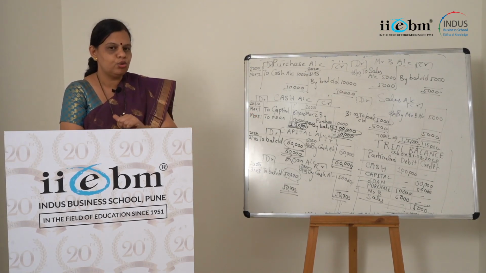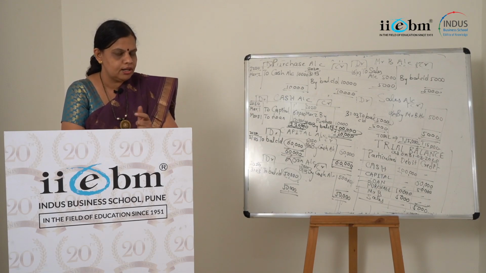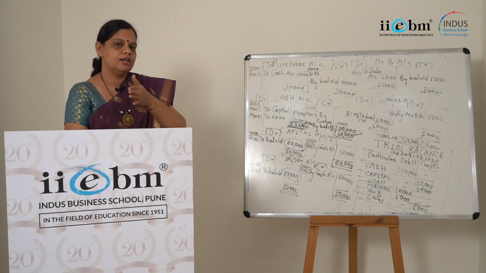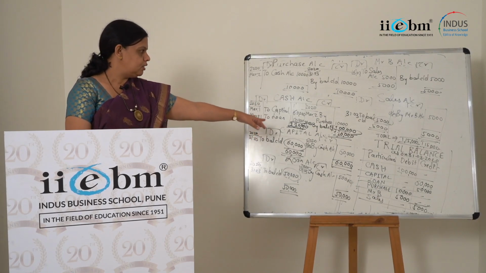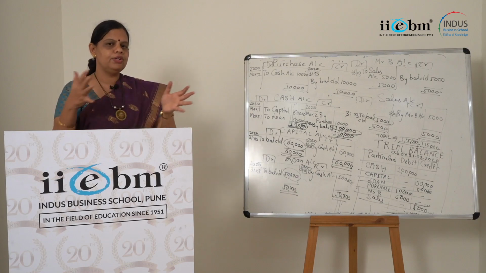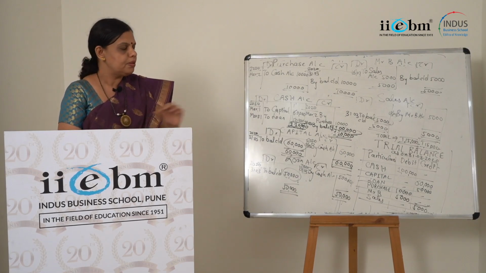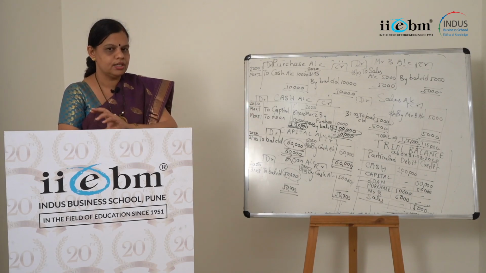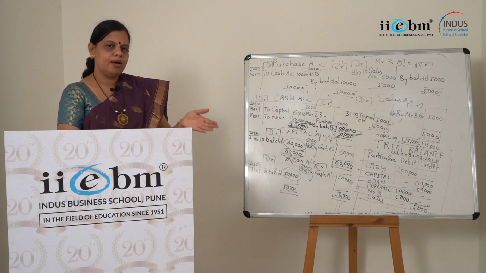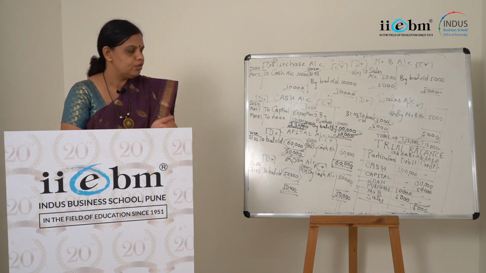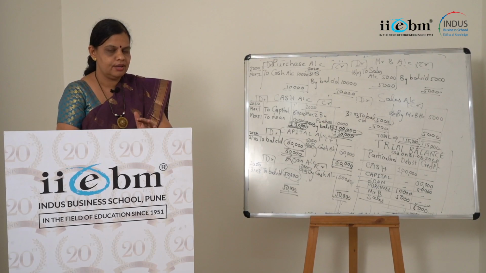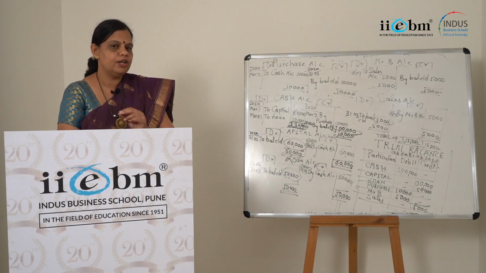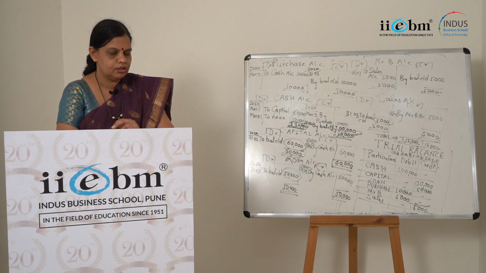So there won't be any totaling error, there won't be any posting error, there won't be any error while calculating balance for a particular account. Because what is balance for a particular account? It is the difference between debit and credit side. So there won't be any difference as far as balancing amount is concerned. So your trial balance will be mathematically correct if you are using one machine for the purpose of recording, you are using one accounting package for the purpose of recording, right?